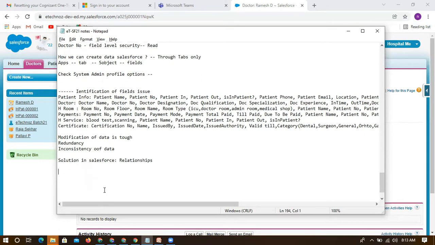In Salesforce, there is a concept called relationship, so we have to relate it. We have doctor information and patient information, and now I have to connect this doctor and patient. That's it. We have patient information and payment information, and now I want to connect payments to this patient info. So my task will be very easy, right? I just need to connect them, I just need to relate them. For this, we have a concept called relationships in Salesforce.